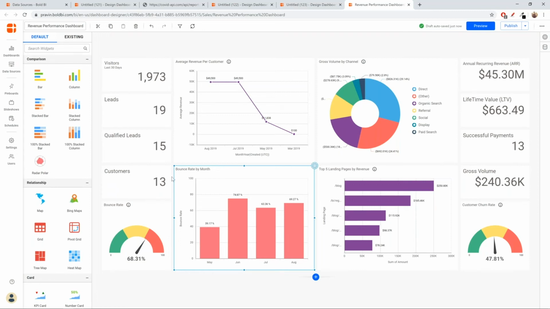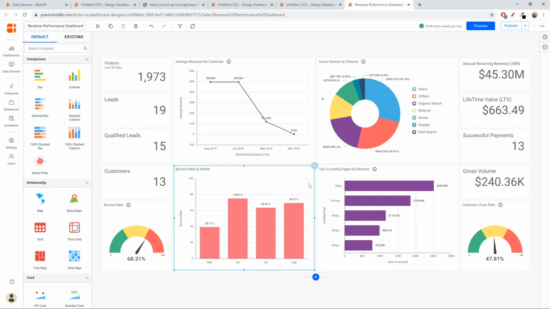The one widget that I'm going to conditionally format now is the website bounce rate. So you see a widget here which shows the website bounce rate for every month starting from May to August. Now, instead of having a monochromatic color or a single color like what you see here, I can add a conditional formatting using certain conditions.